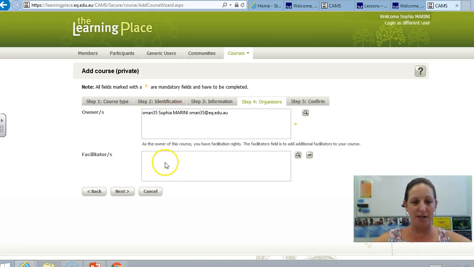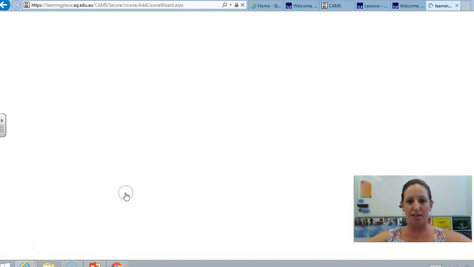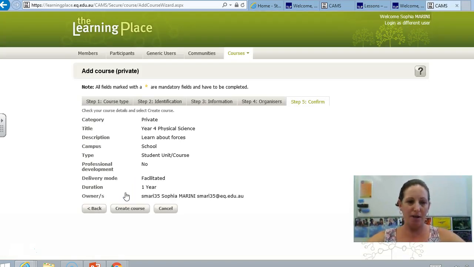The organisers, so your name should appear here because you are the owner of the course, and you don't need to put your name down as a facilitator because you already are automatically a facilitator. If you've got a teaching partner that you also want to be a facilitator, you can put their name and email address there. Okay, so we'll go Next, and we will confirm everything here is correct, so we'll create